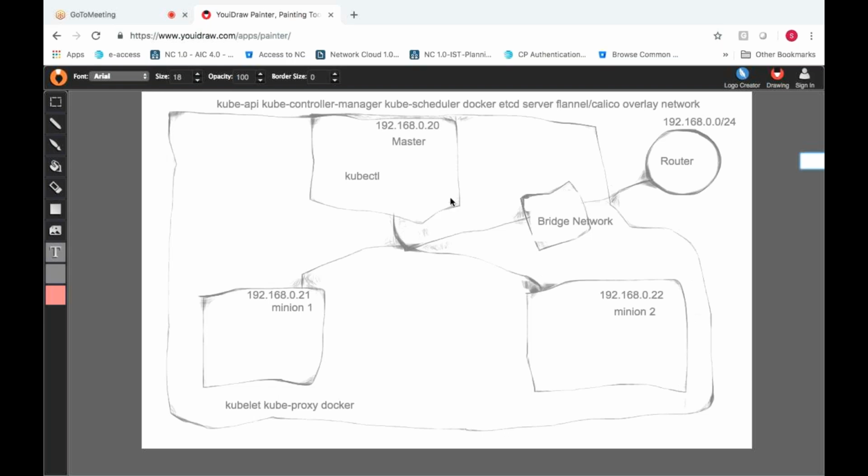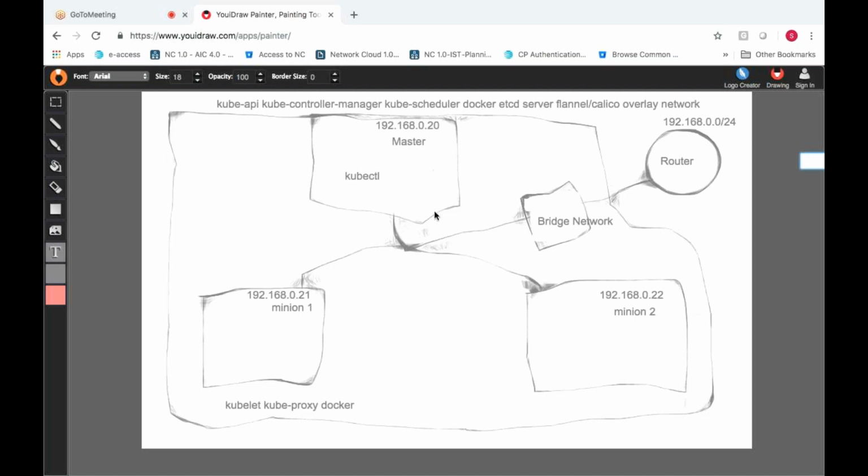What about Docker? Docker is the main component which obviously needs to be installed on the master node itself, because a few containers respective to Kubernetes will be launched on the master node. Kubernetes itself has certain containers that need to be running on the master and minion nodes. So how will you create containers on the master node? Once you have Docker installed. Docker in the sense I'm talking about is the Docker daemon. Whenever I say CLI, it is just the CLI. Whenever I say Docker, it is the Docker engine. So Docker needs to be installed here so that it will create some containers.